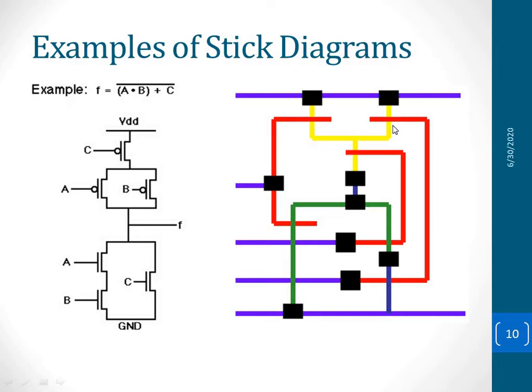You can see here P diffusion is yellow in color. So polysilicons are nothing but the inputs A, B and C gate structures. So this is A, this is B and this is C. Similarly, here I have AB in series, so on the same single N diffusion I am placing both A and B, and here I have another one which is in parallel, I am placing the other one. So this is A, this is B and this is C.